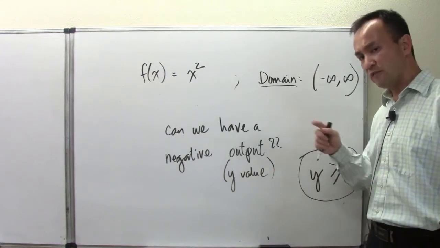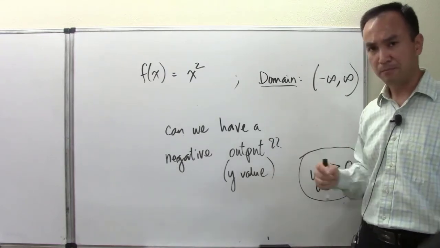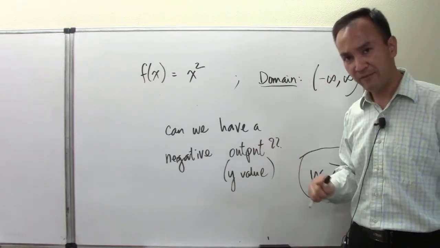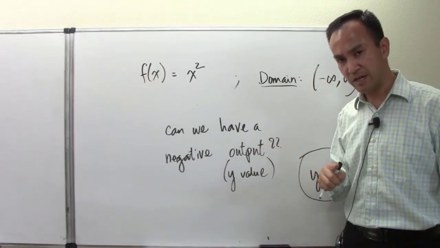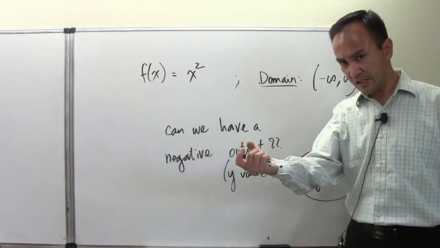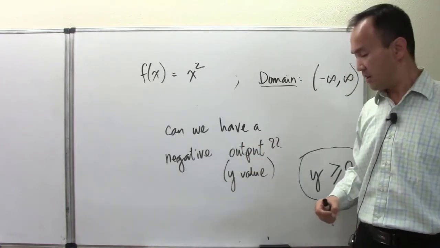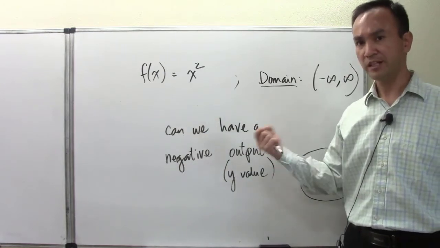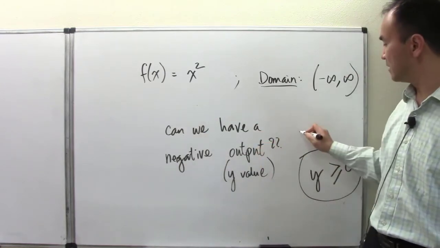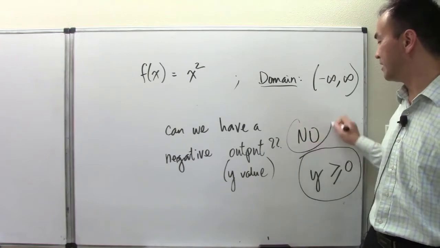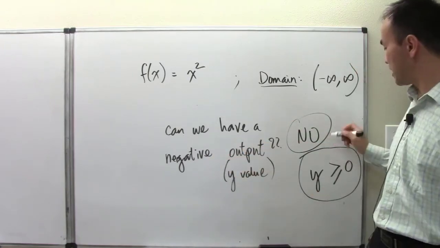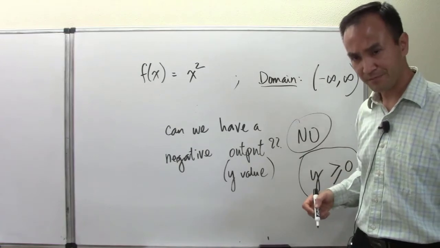And I switched over to try the positive values. They're all in this domain, and again the output came out positive. And I tried 0, and the output came out 0. And so in this way, we can't really find any negative output. No negative output at all. Okay, and so